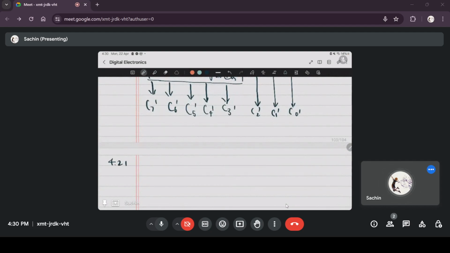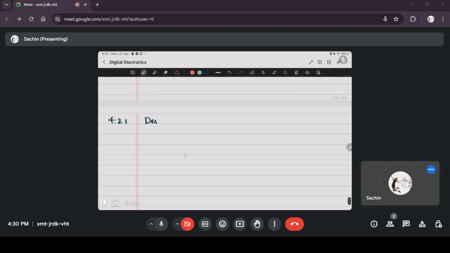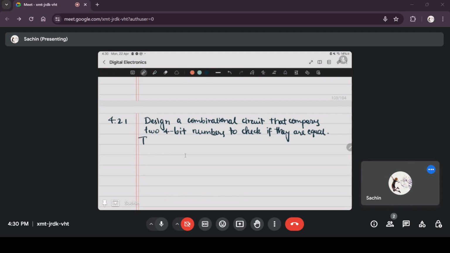Problem 4.21. Design a combinational circuit that compares two 4-bit numbers to check if they are equal. The circuit